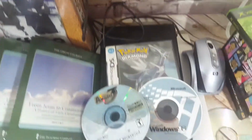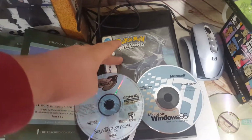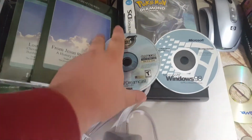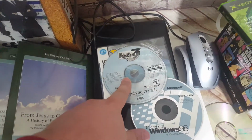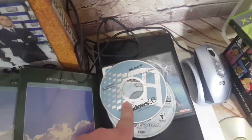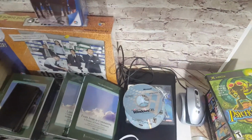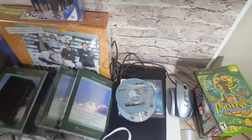My friend that I buy from, like I said, he kind of just gives me a good pile of stuff. He had a Pokemon Diamond for $2, and he threw in Street Fighter Alpha 3, which is like a $20 disc-only game for Dreamcast, and a Microsoft Windows 8. I wanted to show this because old software sells well, especially if you have the ones with the actual disc code. This one does not, but look out for